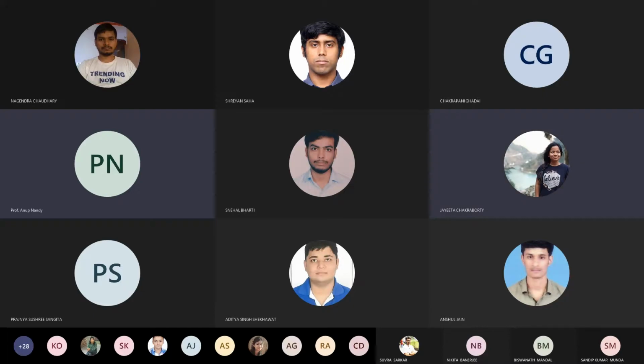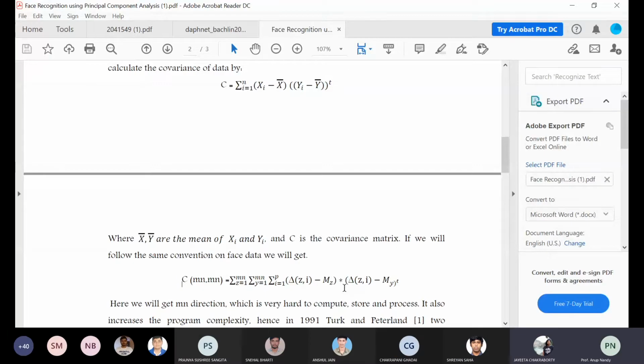Yes, fine. Xi minus x bar into yi minus y bar transpose. Okay, so now if you do it in a notational way, because we have to do this double summation, this del ij is simply xi, that's it. Xi minus x bar, and yi is del zi. So we are not doing any double subtraction of the mean. It is just when you are making a loop, how you are going to compute it. This is just naming conventions.